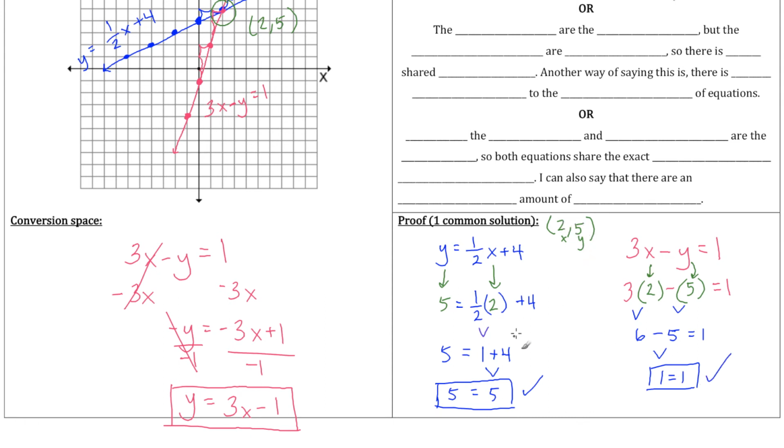So you see how these numbers are different. 5 equals 5 and 1 equals 1. That doesn't matter. They're not going to be the same. Just because this is 5, you don't expect this to be 5. What this is telling you is that (2, 5) makes this equation true, or balances this equation in terms of left side equals right side, and it also makes the left side of this equation equal to the right side over here. Let's go to the next page,